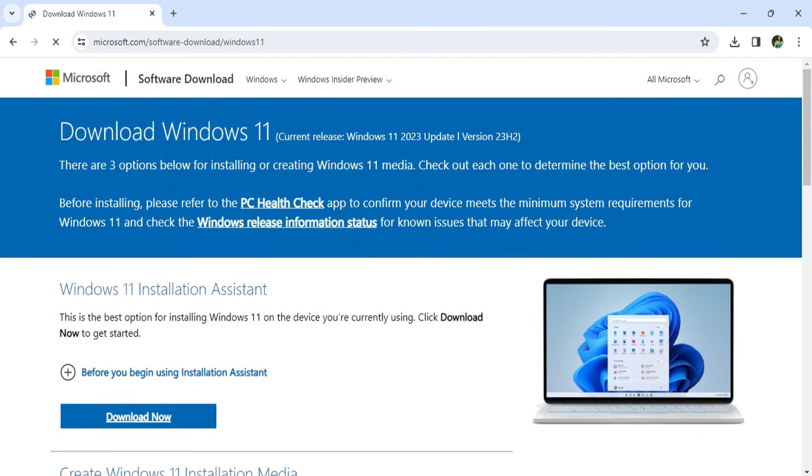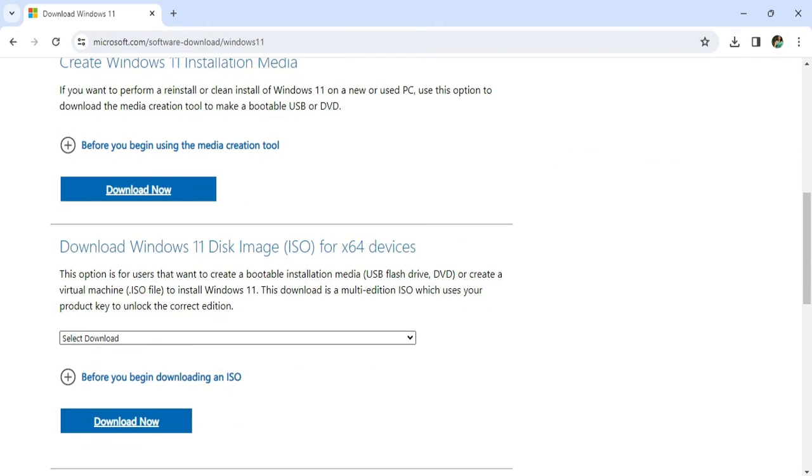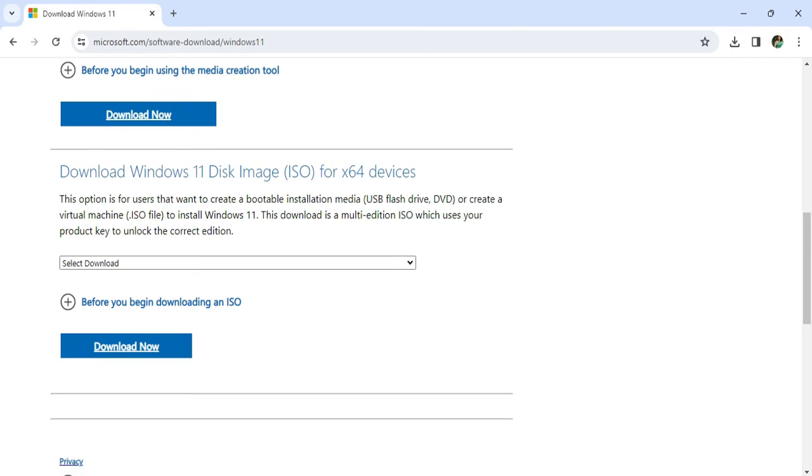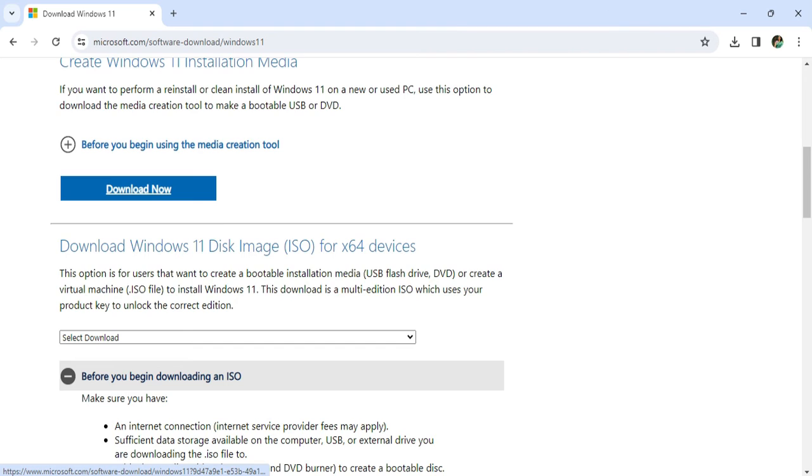We are not going to download the installer, we are going to download the ISO file, that is a disk image, and that ISO file we are going to write to our USB by using Rufus software. So first let's download the ISO file. So quickly scroll down, and guys, here you can see we have information about this. And here we have select the download.